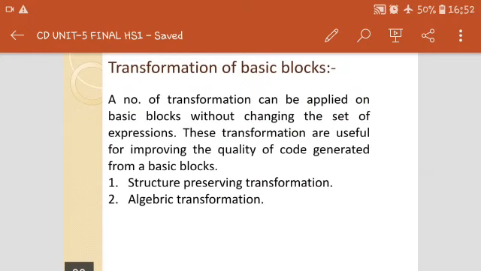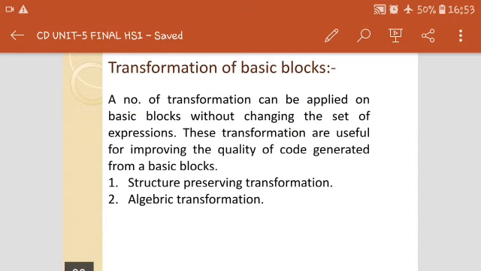And what does algebraic transformation mean? If we do not use the same operator and we still get the exact output, then we use algebraic transformation.